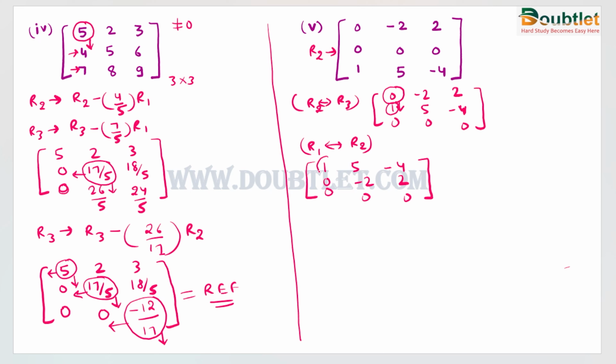Now we will check the first leading element is 1, which is non-zero, true. We will check in this column below this 1. All the elements are 0, means this condition is also satisfied. Then we will check to the left of this, no element is present. It means this condition is null and void for this element. Now for the second row, the leading element is minus 2, means it is non-zero. To the left of this, all the elements are 0, true. Below this non-zero element in this column, all the elements are 0, true. It means for the second row, the row echelon form conditions are also satisfied.